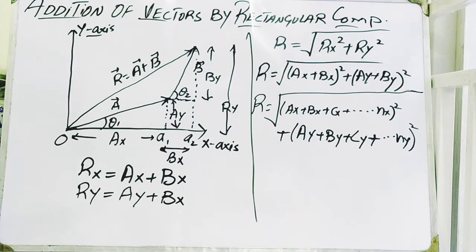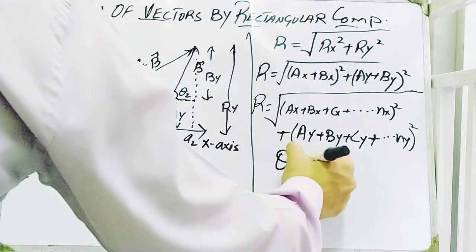So this is called the formula for the magnitude of this situation, and the last one is theta, which is